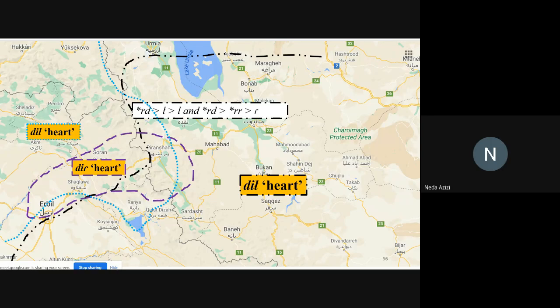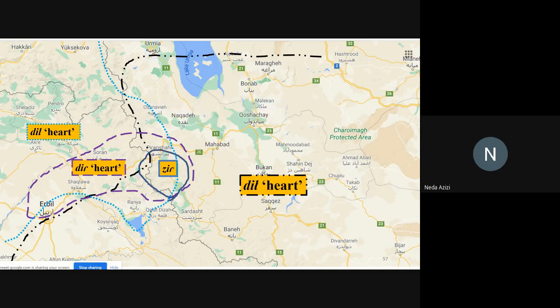The dil form, dil, is more common among the informants who are in contact with West Mukri. An interesting observation is the old form of zir. This is highly peculiar because this is quite old in terms of the form, which still is existing, but pretty rare. And I'm not sure if, after 10 years of my fieldwork, there are still remnants of this